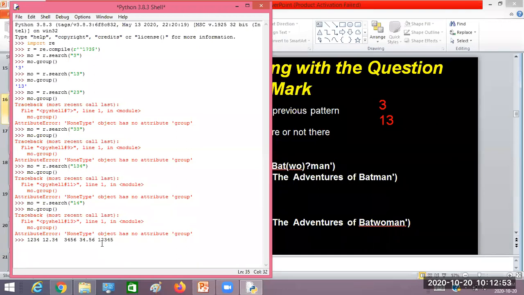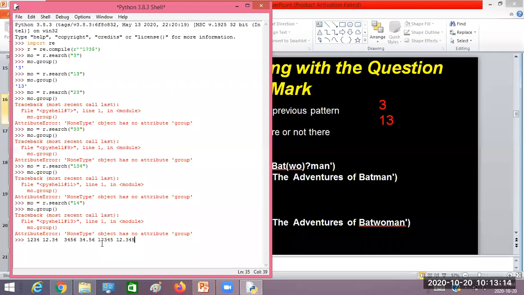That's the kind of pattern I want here. Likewise, if I write 1, 2, 3, 4, 5, or 12.345, then it should be prevented. Are you getting my point? That is the pattern I want.